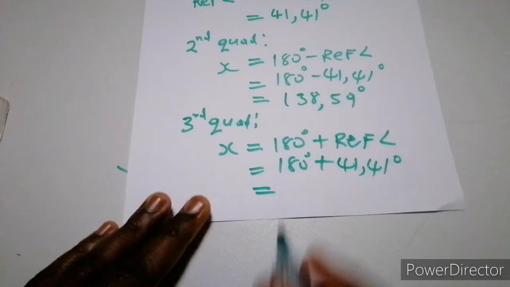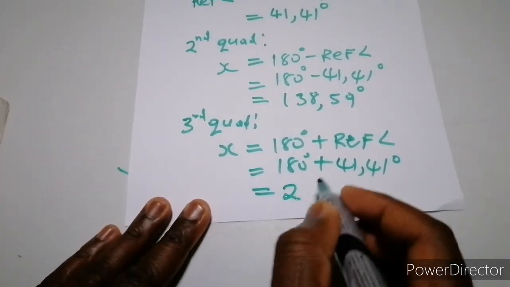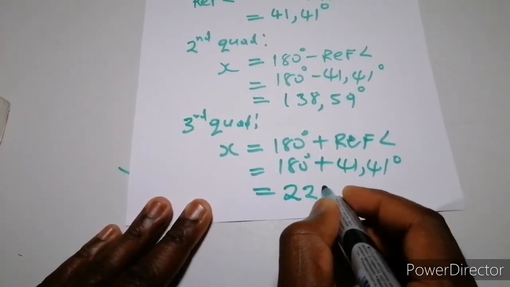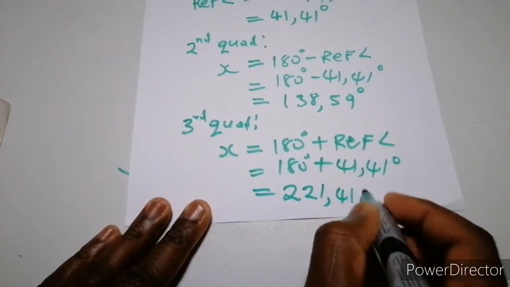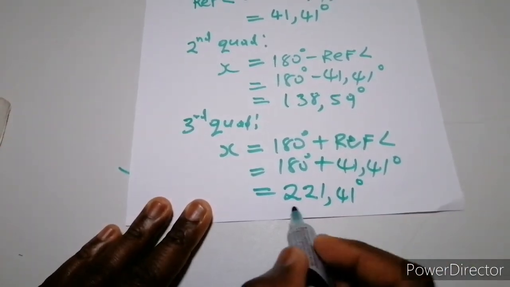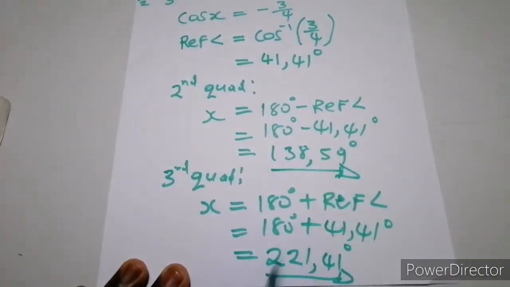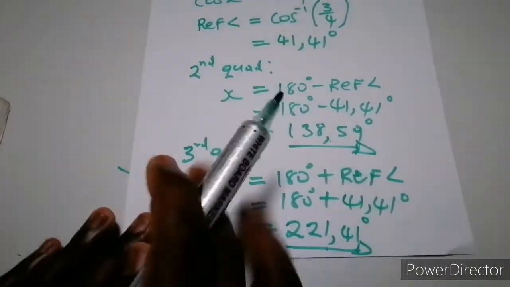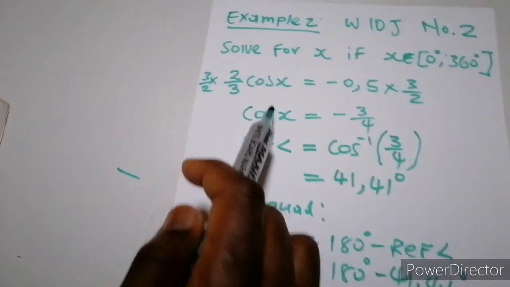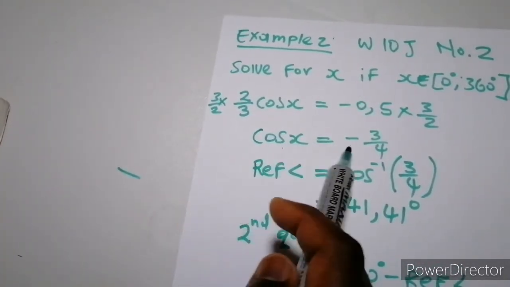Then the answer is 221,41 degrees. Right. Those are two angles that we found that determine that the cos of x is equal to